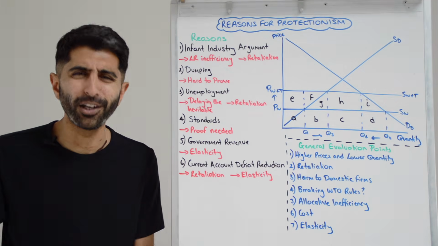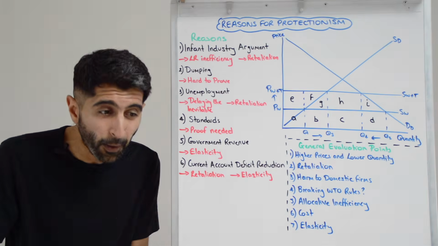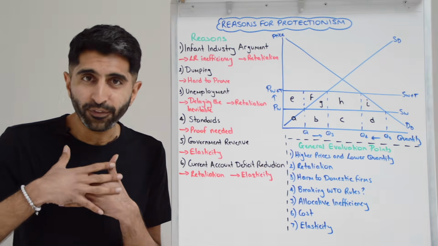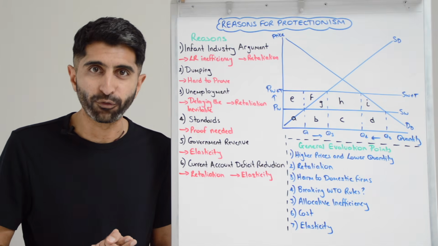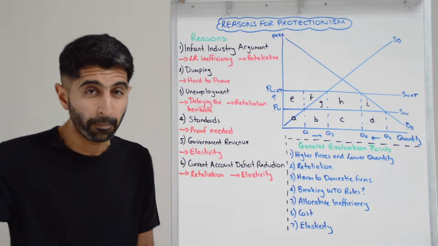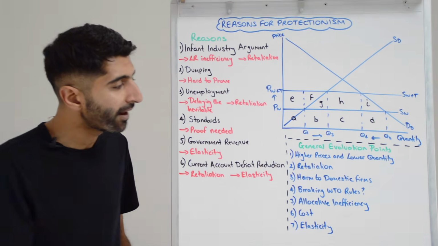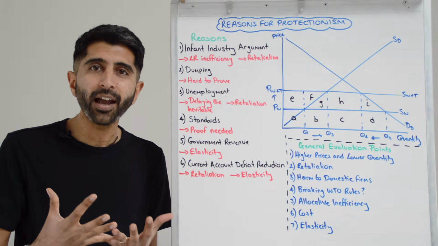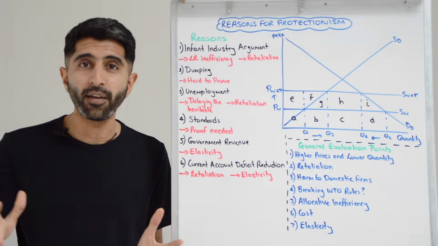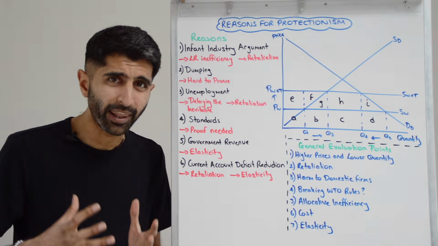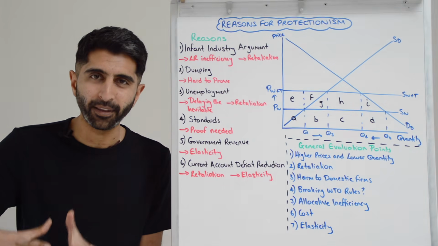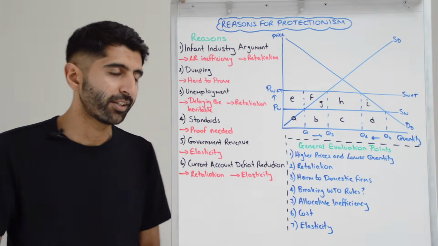The irony with point number 3, protectionism is supposed to help domestic firms, but could actually end up harming them. One way is if protectionism is imposed on the imports of raw materials that drive up cost of production for firms or restrict key access for firms, maybe driving them out of business as a result of that. But also, if these firms are randomly targeted through retaliatory protectionism, they're dragged into a trade war where their export revenue is hit very hard. It's another way they can be hurt significantly. So if that's the case, actually more harm could be done to domestic firms than actually benefit via protectionist policies.